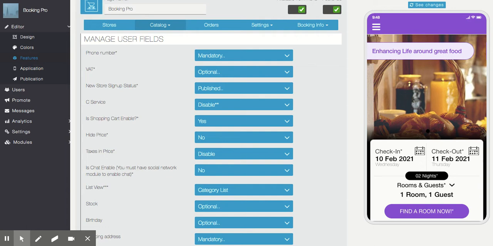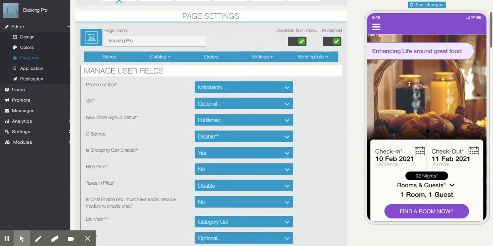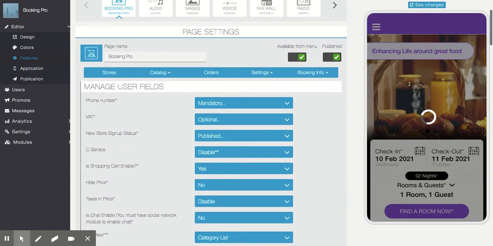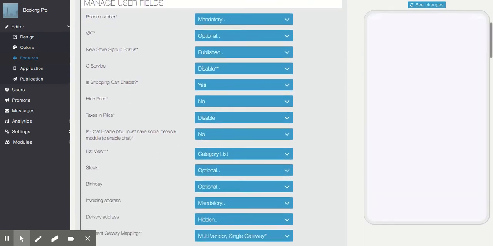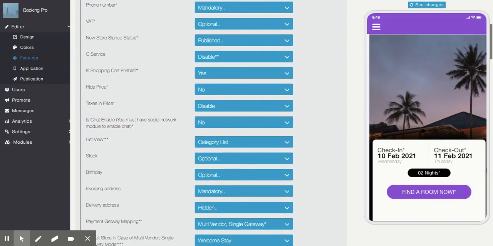It is multi vendor, so you can have multiple stores, and it will be integrated with the marketplace model too, so that each store owner can manage their own store, products and bookings.